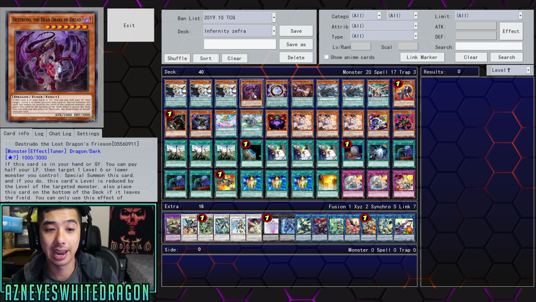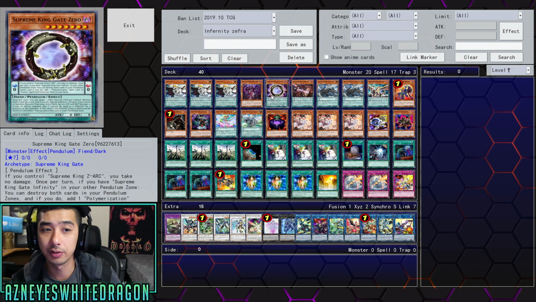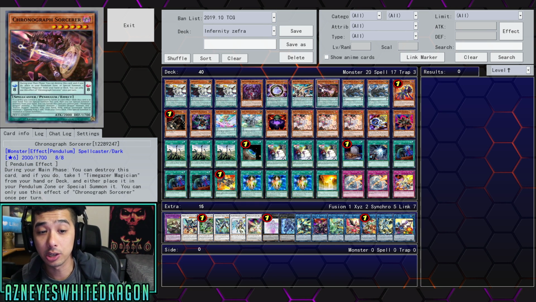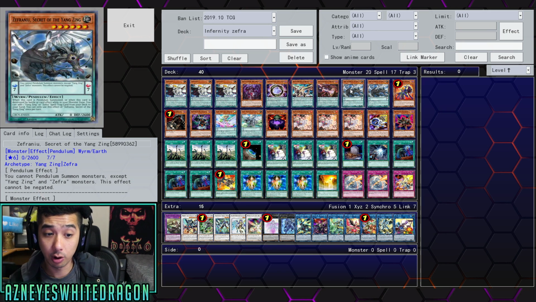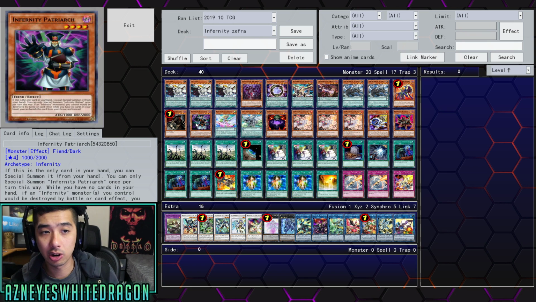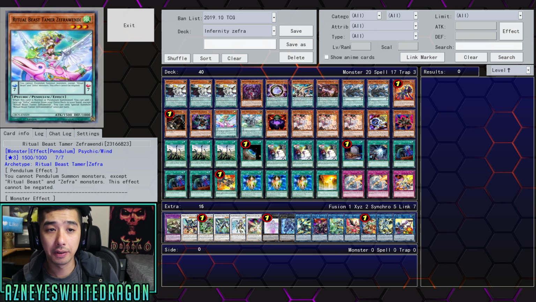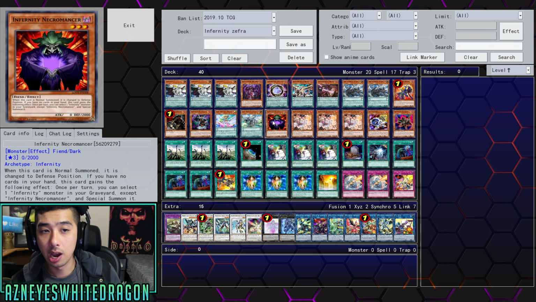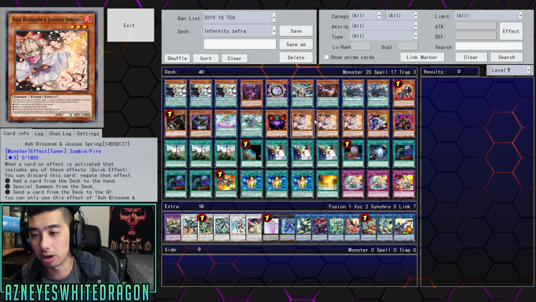And then we're going to go ahead and have 1 Destrudo, 1 copy of Supreme King Gate 0, and of course, where the heck is Darkroar? I like to put these right next to each other, because basically one searches out the other one. And then we have the Chronograph Sorcerer, 2 copies of Zephrano's Secret of the Yang Xing. And then we've got 1 copy of Archfiend, 1 copy of Armageddon Knight, 1 copy of the Patriarch, 1 copy of the Zeph Wendy, and then 1 copy of Zephroxy, and then 1 Necromancer, 3 copies of Ash Blossom,